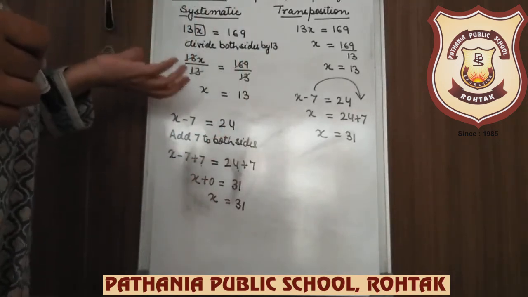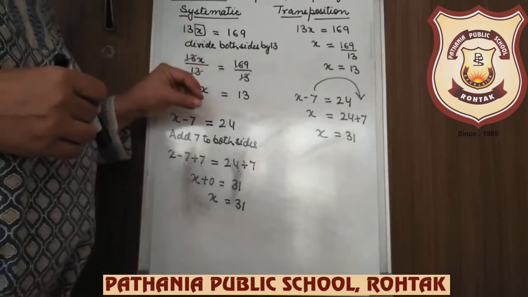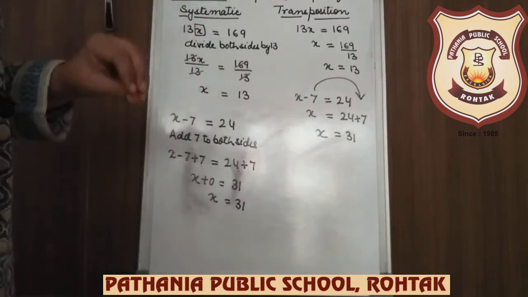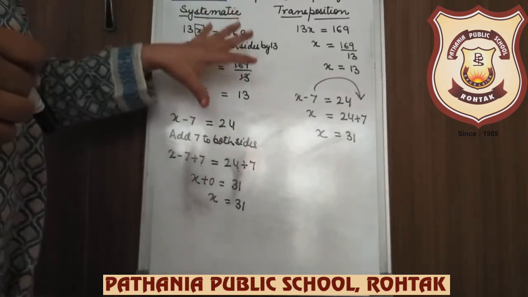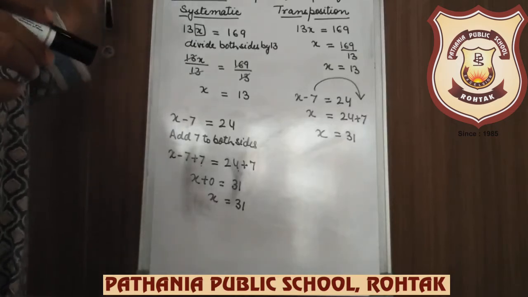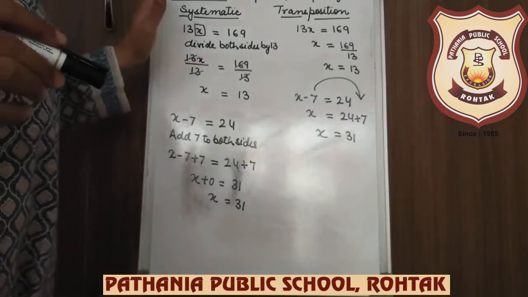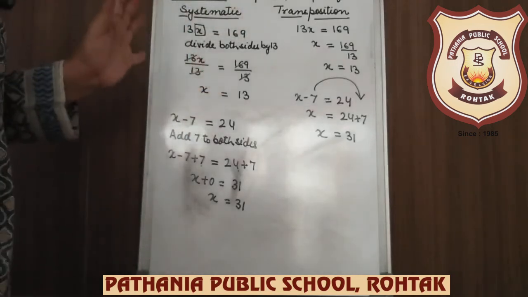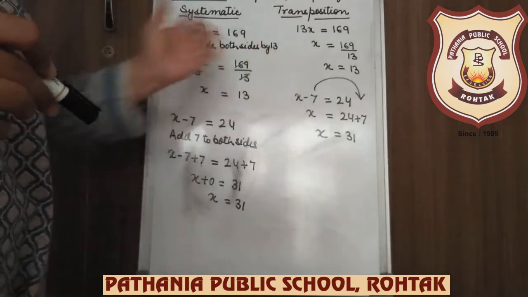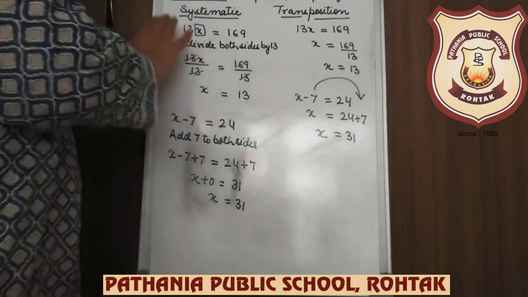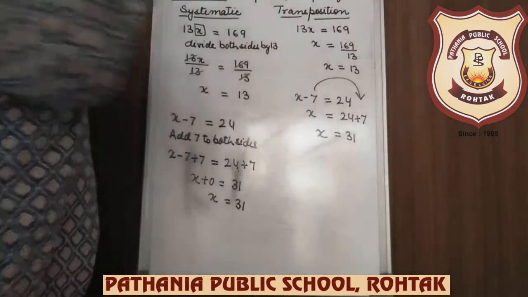If it is specified that you have to solve using the systematic method, or using the trial and error method, or using the transposition method, then you have to follow the particular method. Otherwise, trial and error you are going to use only whenever it is asked. But these methods you can use any of these two. When the question comes, solve the equation, you can follow any of the methods. It is up to you. Okay. So I have explained. I think now the things are clear. What is systematic and what is transposition.